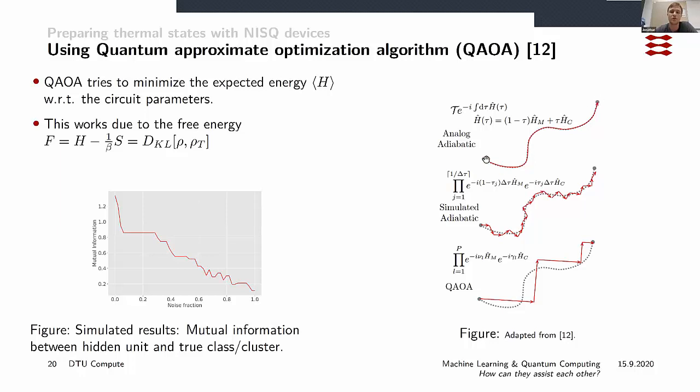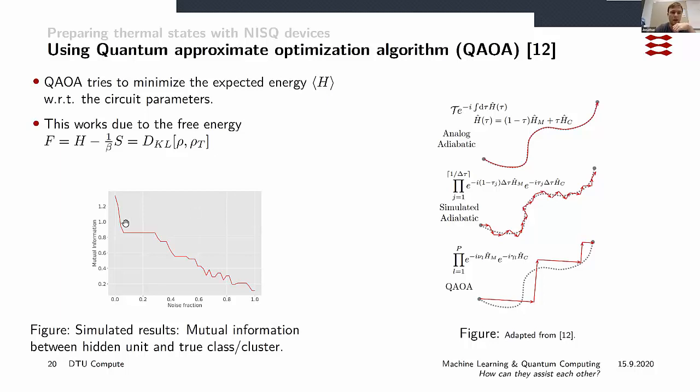But this is a very slow and theoretical thing. It can be done, but it's very hard to do. You can also simulate it in the same way, where you literally just cut this long road into several small pieces, and then you take very small steps. Or you can simply brute force it with QAOA and just take a few but large steps, and then hopefully you end up in the state that you want, such that you can train your Boltzmann machine. And that's exactly what they do, at least in an approximative way.